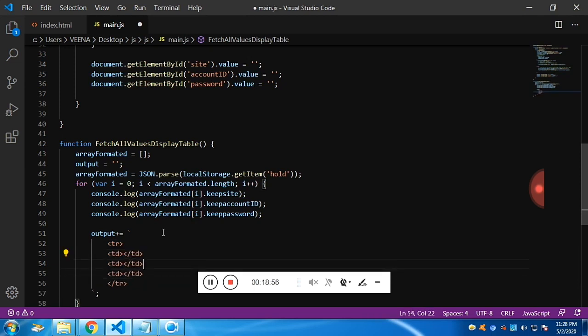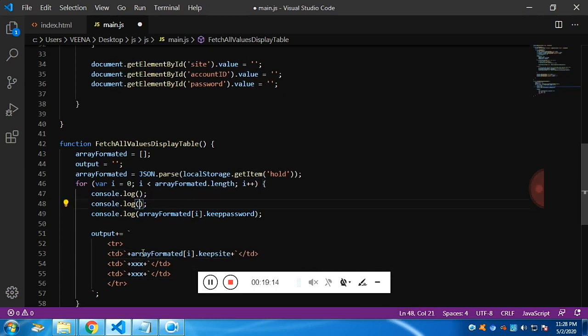So we would be passing the first td. The syntax is wrong. We need to use backticks instead of double quotes, because with backticks we can insert multiple lines. Right now I have used backticks. It will work now.